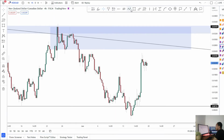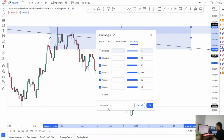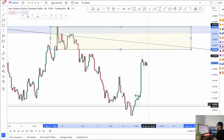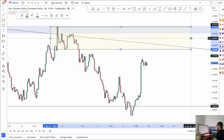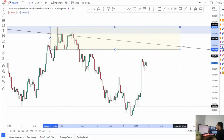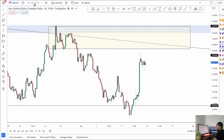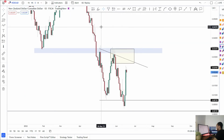So this is where we were fluctuating. Let me just change that to area of consolidation to make it a little bit easier to read. So this is where we were consolidating not too long ago. Market broke over that, didn't quite get the retest, and then fell over. So looking to see if we can come back into this area, retest that with the confluence of the trend line that I drew on the daily,